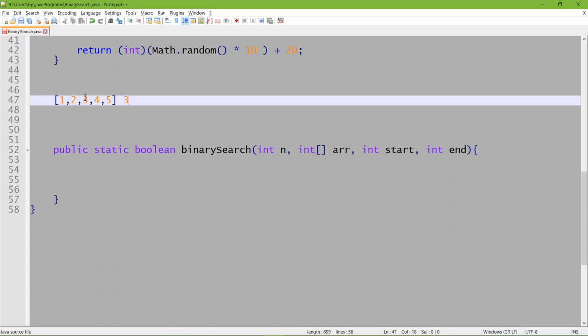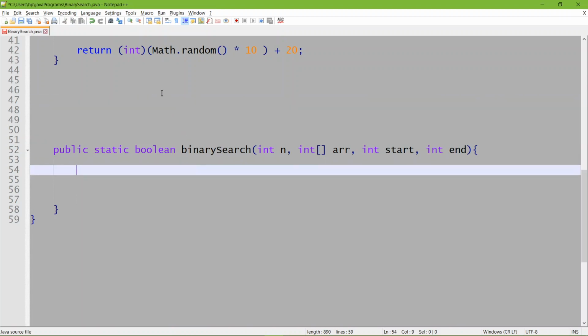We're going to call recursion on the part where we want to search the element. Let's say the number is 4. We want to search in the right part of the array from the mid, so we'll call recursion on the right part. And if we want to search on the left part, let's say the number was 2, then we'll call recursion on the left part. So this is the idea behind binary search. Okay, let's try and code it.